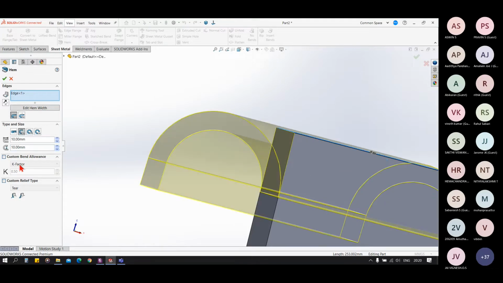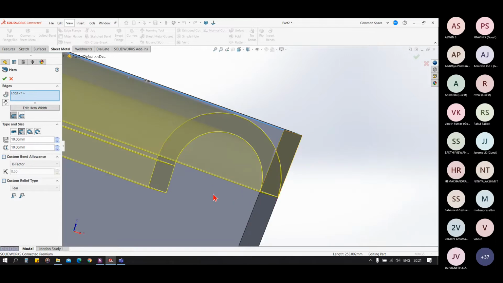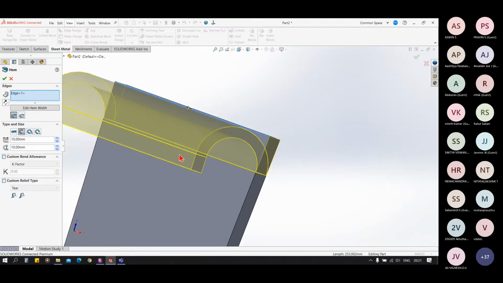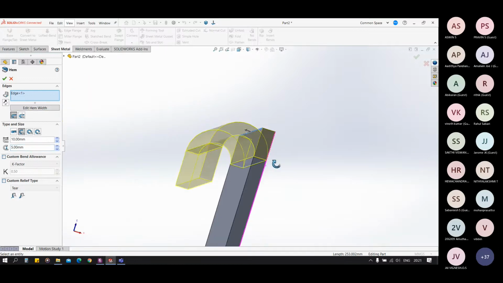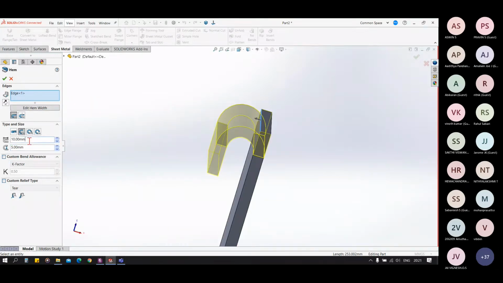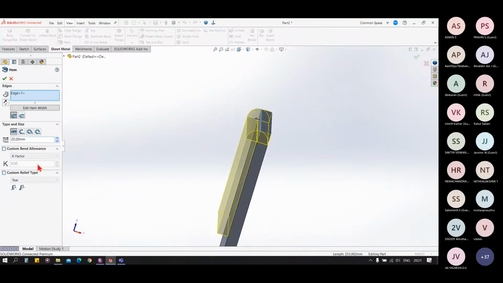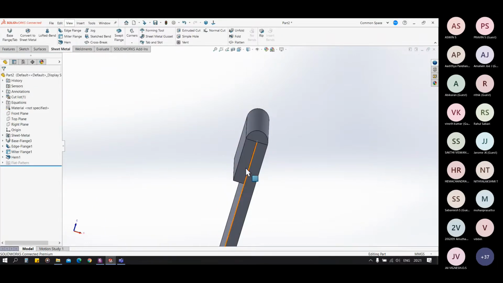In this open one, we can change the length of this straight portion and the distance between this face and this face. That means the diameter of the bend. You can see like this. And in the closed one, we only have option for the length of the straight portion. So this is the hem.